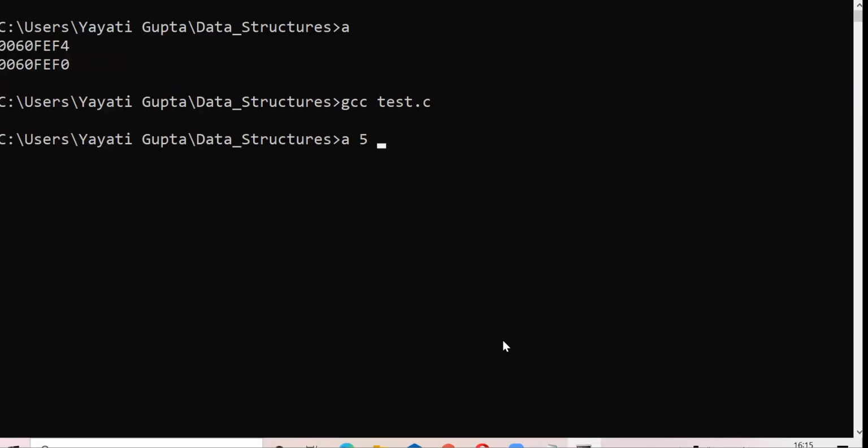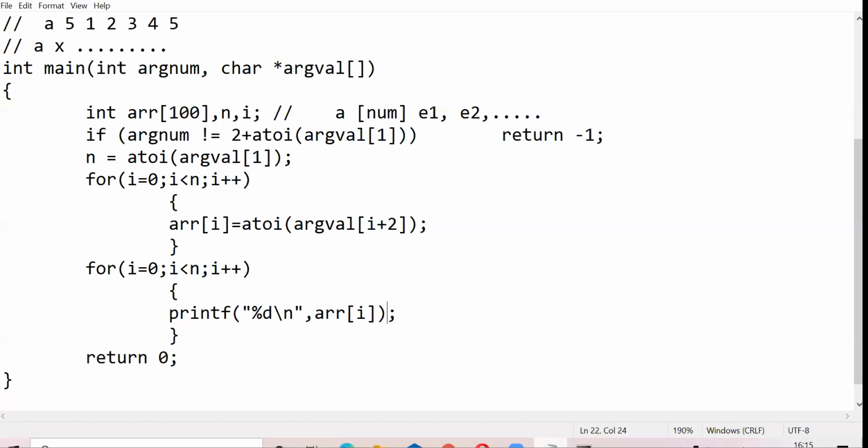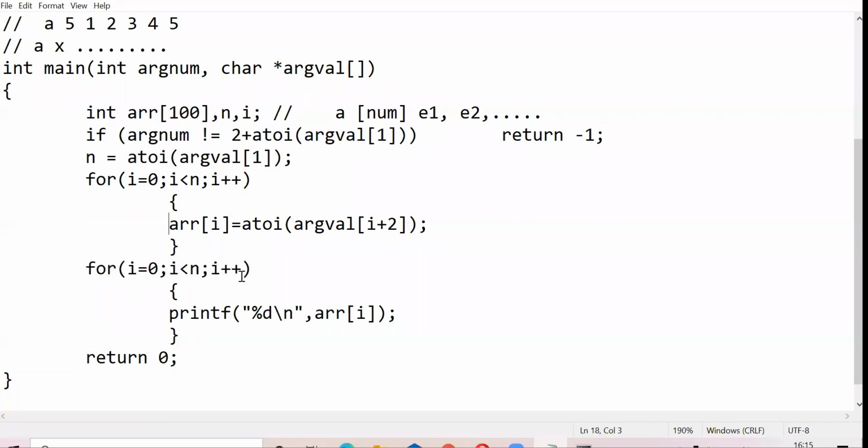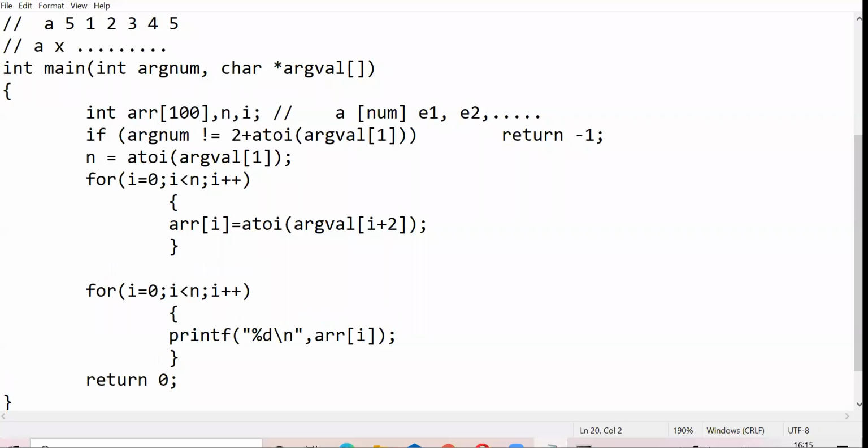Let's say there are 5 elements: 2, 3, 6, 7, 8. So it shows you all those 5 values here. Okay. Next, we'll quickly look at how we pass this array to a function. Let's say instead of printing the array here, I want to create a function that shows the values of this array. So this entire thing I need to pass to a function. And I want to replace it with just one line of code where I call this function to print the array. That's it. So I want to pass my array here.